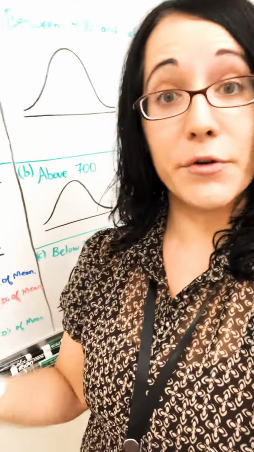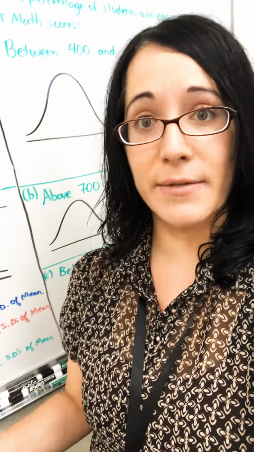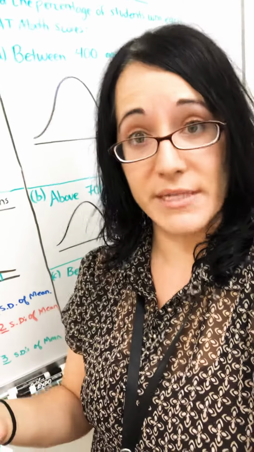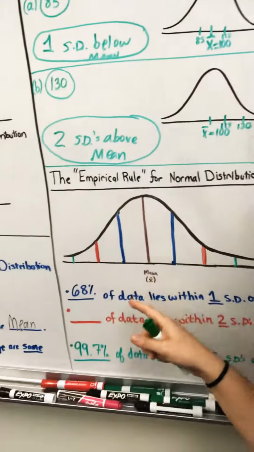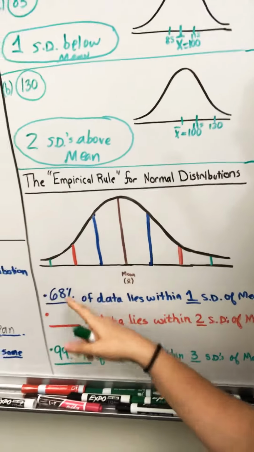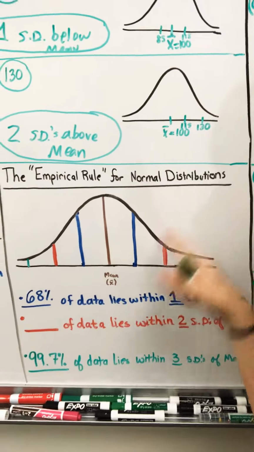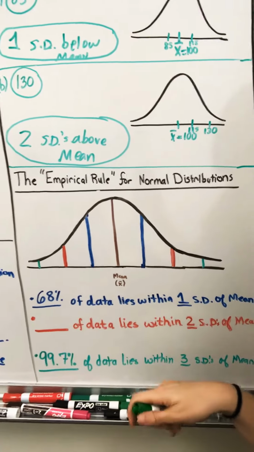For example, if your professor gave a test and the average score on the test was a 70%, if it was truly a bell-shaped graph, half the class would have scored below a 70 and half the class would have scored above a 70, 50% on each side. That's what we mean by symmetrical here. Now what we're going to notice is for any true bell-shaped curve, any true normal distribution, this empirical rule will hold, okay? So you are going to need to memorize it and be able to use it